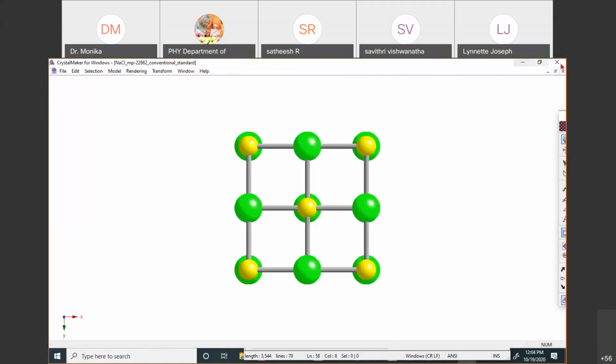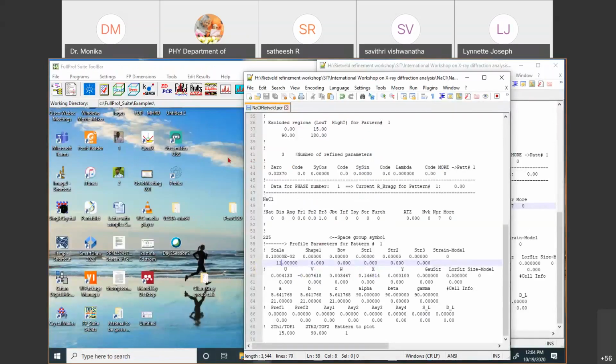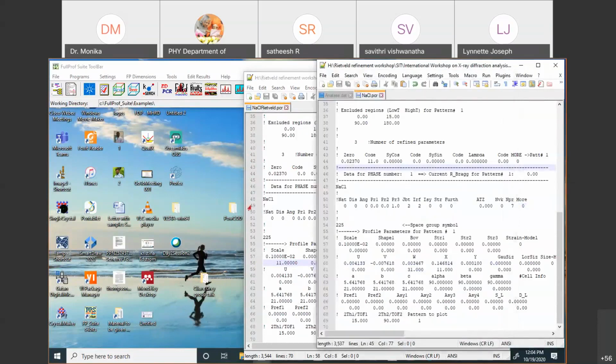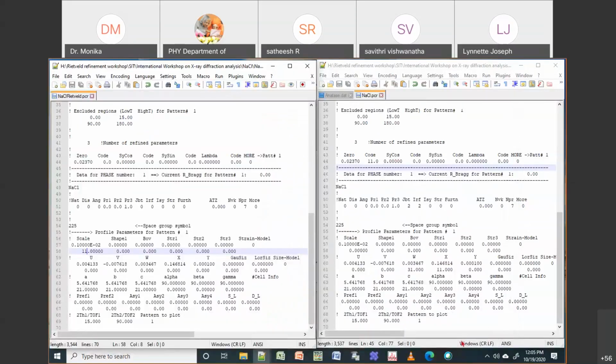So if I go back and open the CIF file, it will have the atomic coordinates. It will also have the occupancy and BISO and all those things. That is the starting value. Okay. When we did profile matching, we gave some starting value for ABC and also starting value for space group. In the same way, if I want to start a Rietveld refinement, I need to give some starting value for ABC and your XYZ and all those things. So that is given in your CIF file.